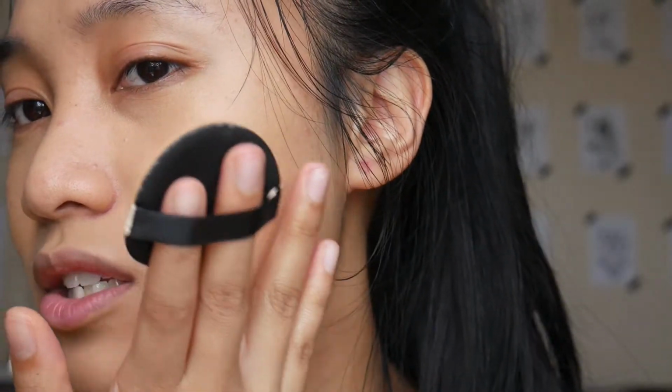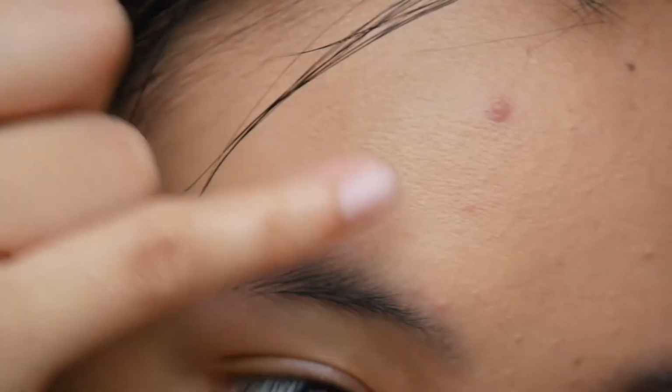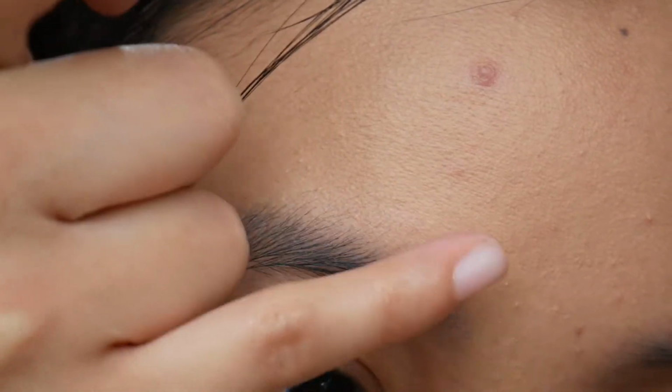And the funny thing is, touching it with my hand, it feels like I need to mattify it, but looking at it in real life and in a mirror and on camera, it just looks like I do not need to powder my face. But I feel like I do, if that makes sense. Like by touching the foundation with my fingers, it feels like I need to go and powder my face. But at first glance, it looks like I don't. So that's pretty strange. It has kinda started to cling onto the tiniest bit of dry patches, but I honestly